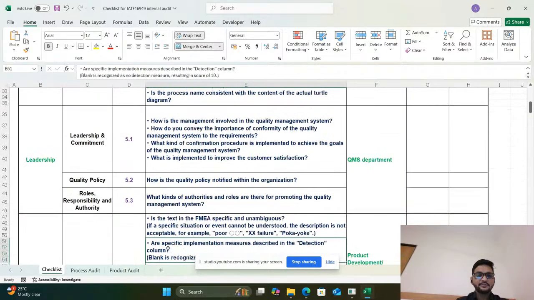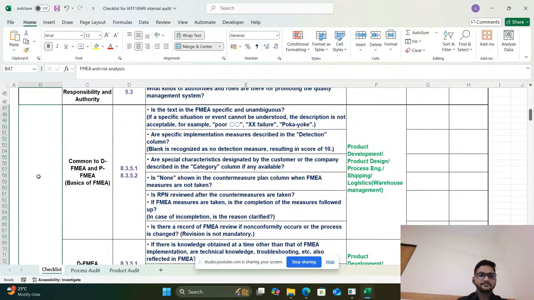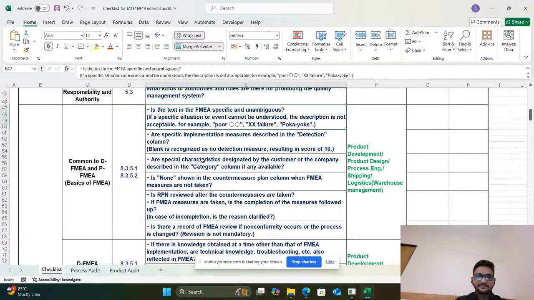Next is related to FMEA and risk analysis, like PFMEA, that is 8.3.5.1 and 8.3.5.2. How do we prepare the PFMEA, and are specific measures implemented in detection?